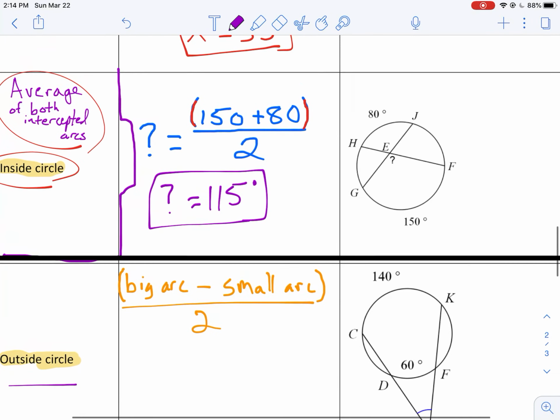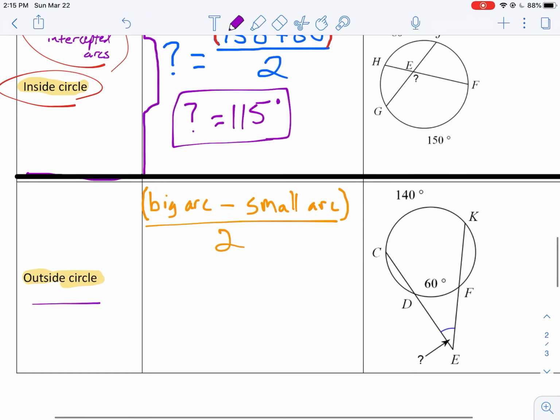The order of these numbers up here was not important for this problem. Whether I did 150 plus 80 or 80 plus 150, it doesn't matter. You get the same output. Here, you have to do the big arc minus the small arc. And I'll explain how to find those, but it's always the big arc minus the small arc,